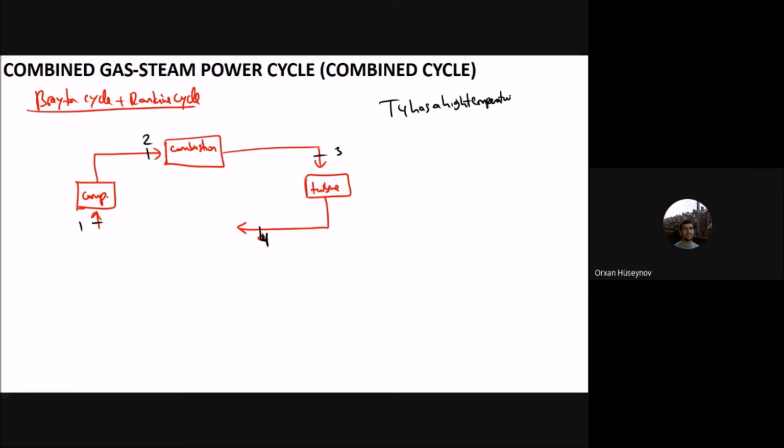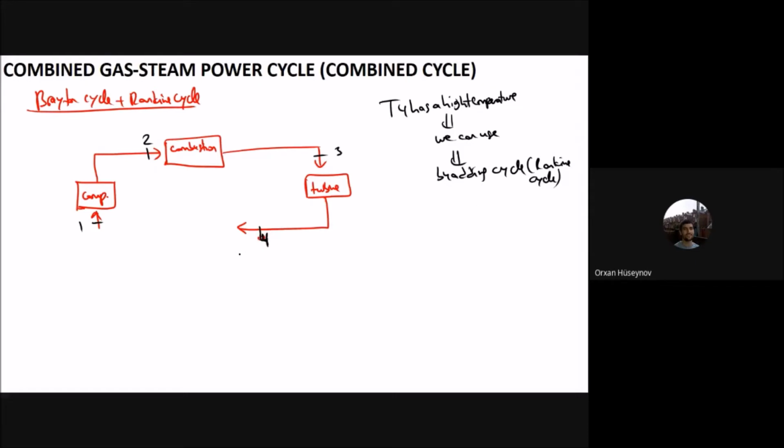Since it has a very high temperature, what we can do is use it. So how can we use it? We can use it by adding a cycle, and this can be the Rankine cycle. There are different cycles that we can use here, but this T4 will now be a heat